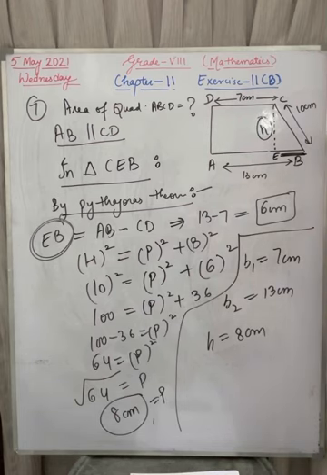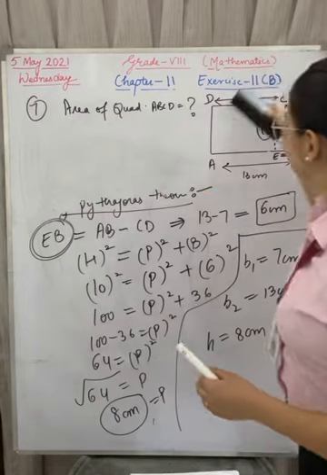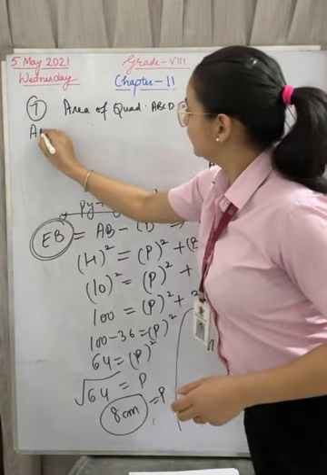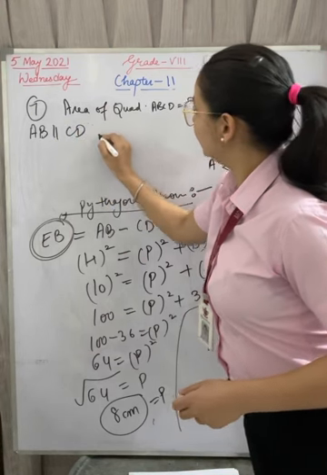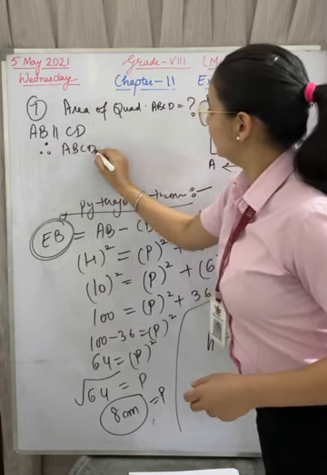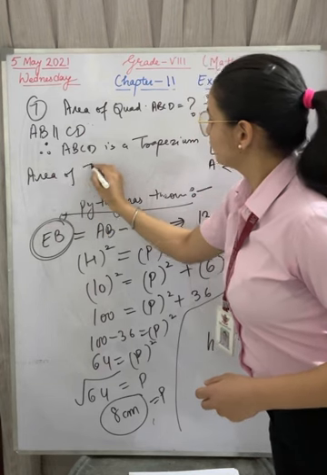The question is to find out the area of the quadrilateral. So you can say that this quadrilateral is a trapezium because these two sides are parallel. So you can say that AB is parallel to CD. Therefore ABCD is a trapezium. So the area of trapezium